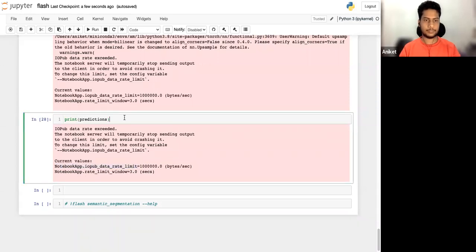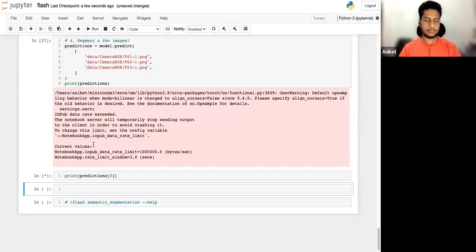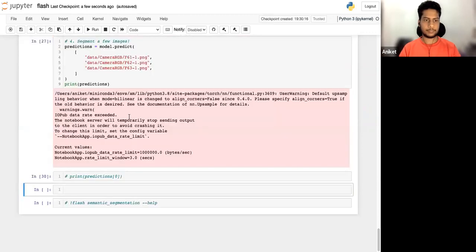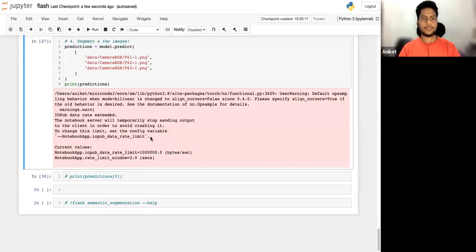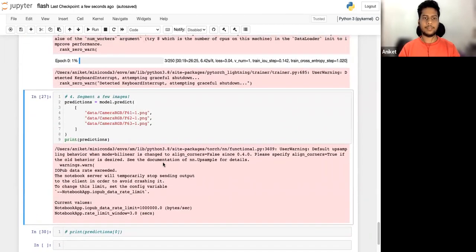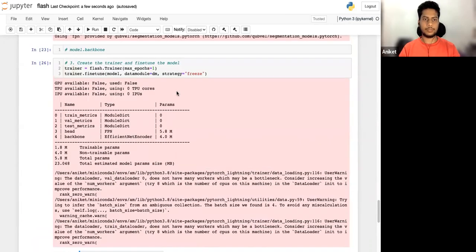Oh, it's a lot of values. That's why it is not printing. Okay, so this is how you can train and fine-tune any kind of model with Lightning Flash.